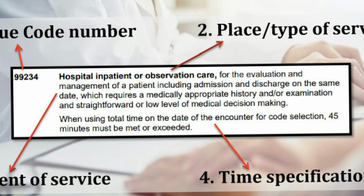So, when time is used as a factor for reporting E&M service codes, the time defined in the service descriptors is used for selecting the appropriate level of services. If the physician is choosing time as a factor, you use the time that is described below the E&M code. I showed an example of how the E&M code will look, right. So, for example, in this scenario it is 99234, hospital inpatient or observation care. Below, in the time specification area, you can see it requires 45 minutes. So, you should always check the code descriptor for the time limit. There is no particular time limit for each level. For each code, service level code, and category of codes, it will change. So, you should look under that appropriate code, for that appropriate level of service